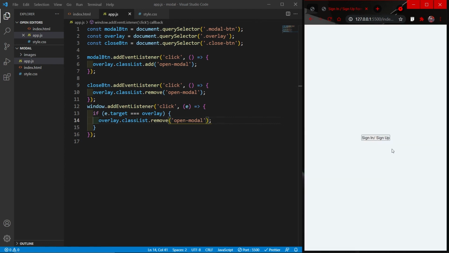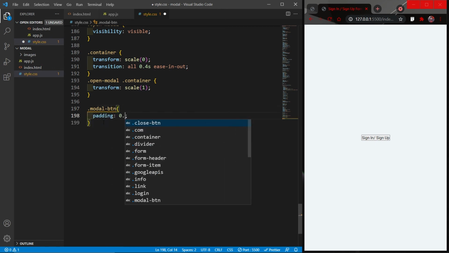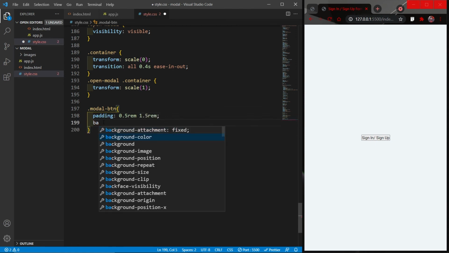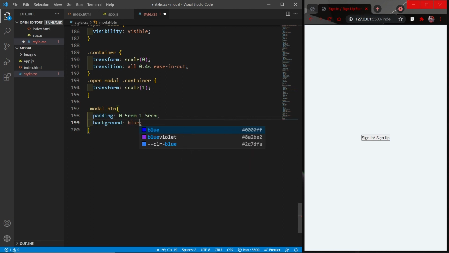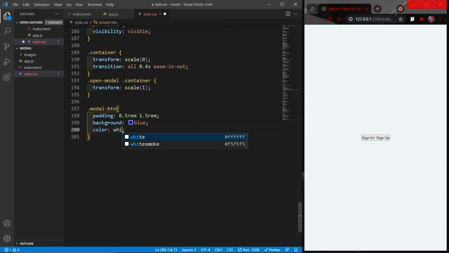Now one more final thing I'd like to do is style this modal button a bit so it looks something like this. So let's go to the CSS and select the modal btn. Give it a padding of 0.5 rem top and bottom and 1.5 rem left and right. Background will be blue, color will be white, and let's save.